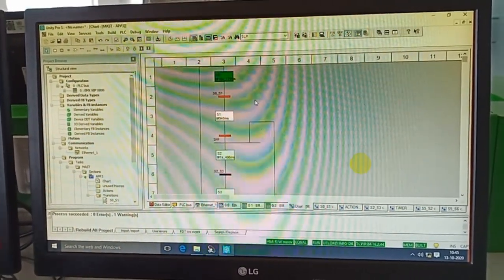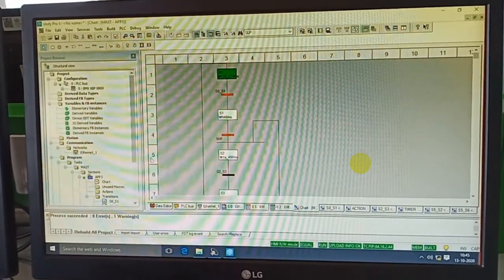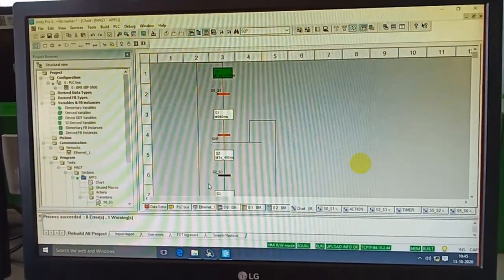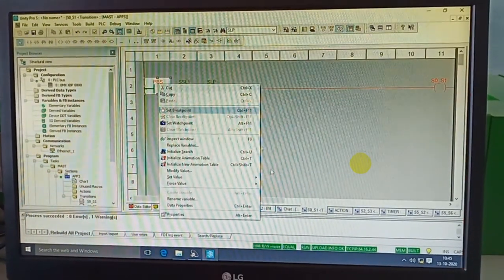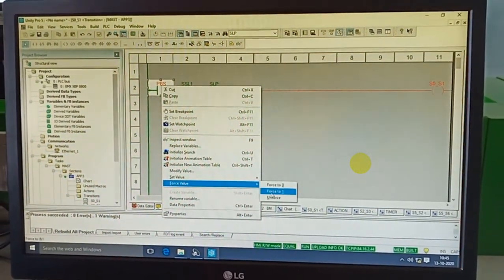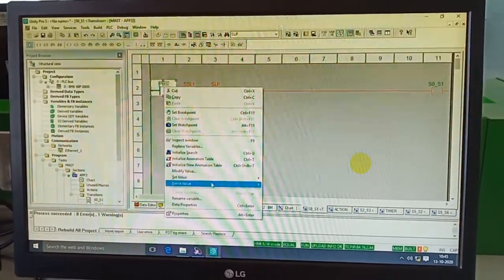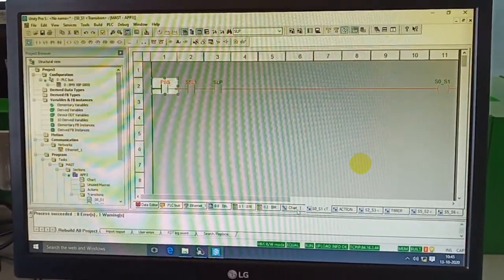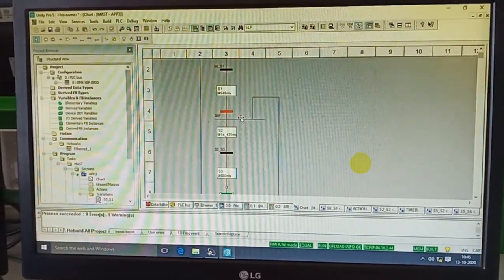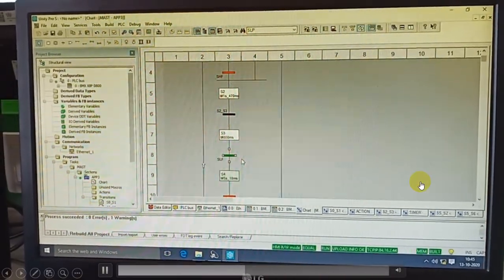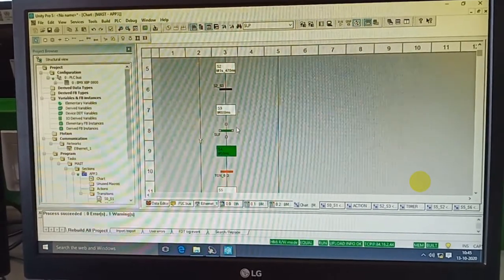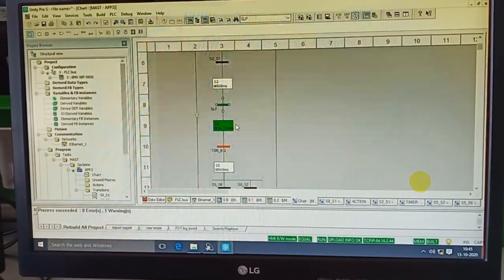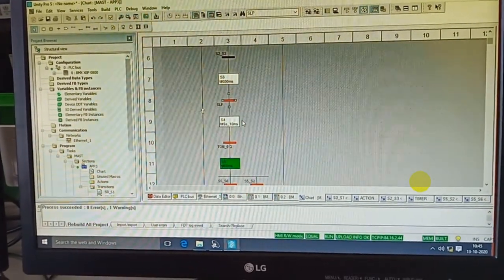Okay, so once again I repeat. I think in the previous case some fault was there, so I'm going to repeat it once again. Here I'm going to activate the push button. I'm going to force the value to 1 and see the chart. Here you can see it waited for some time delay. After this time delay, the process is going to repeat once again. Low level is activated, and the timer is going to work on it.